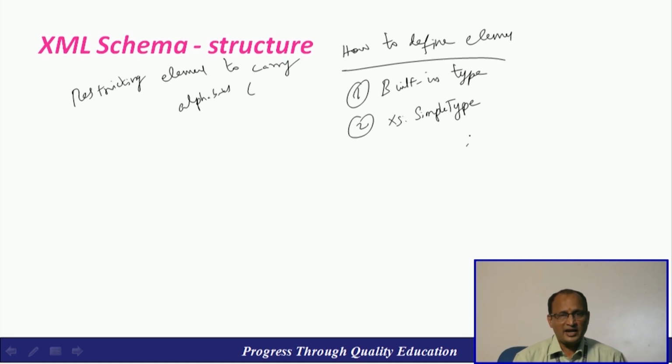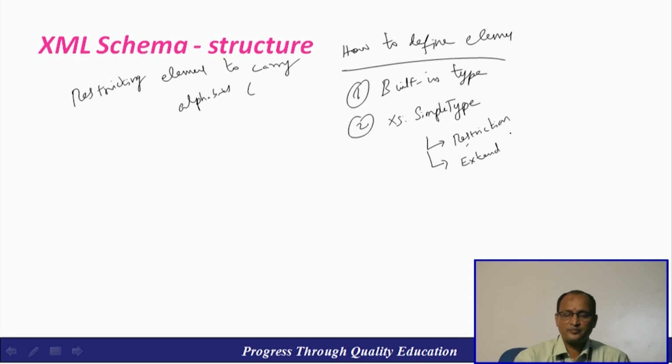So an element can be defined or validated by using existing primitive built-in types or XS colon simple type. With the help of XS colon simple type, we need to add a restriction model. Restriction. Sometimes we can extend